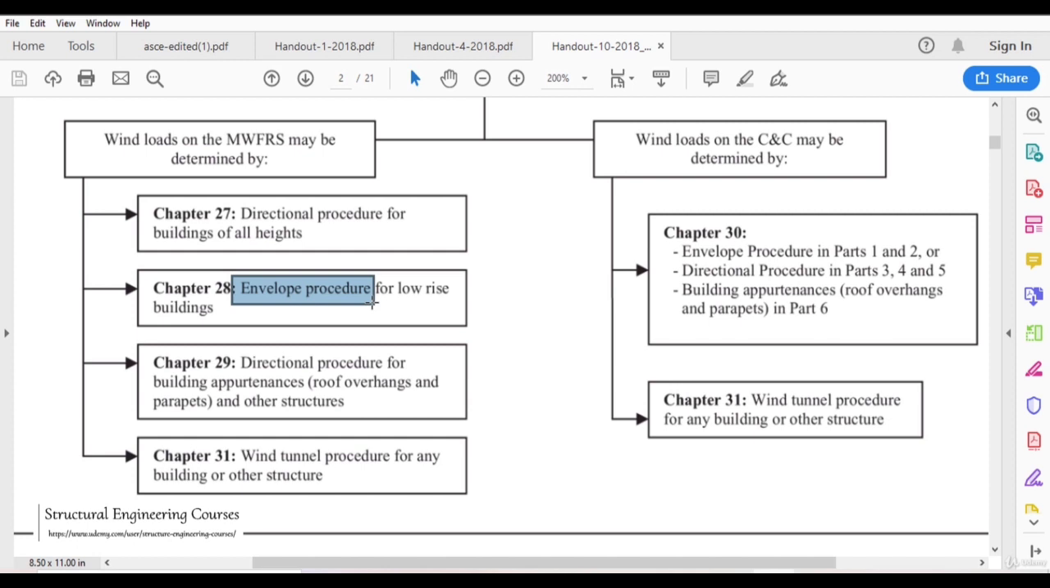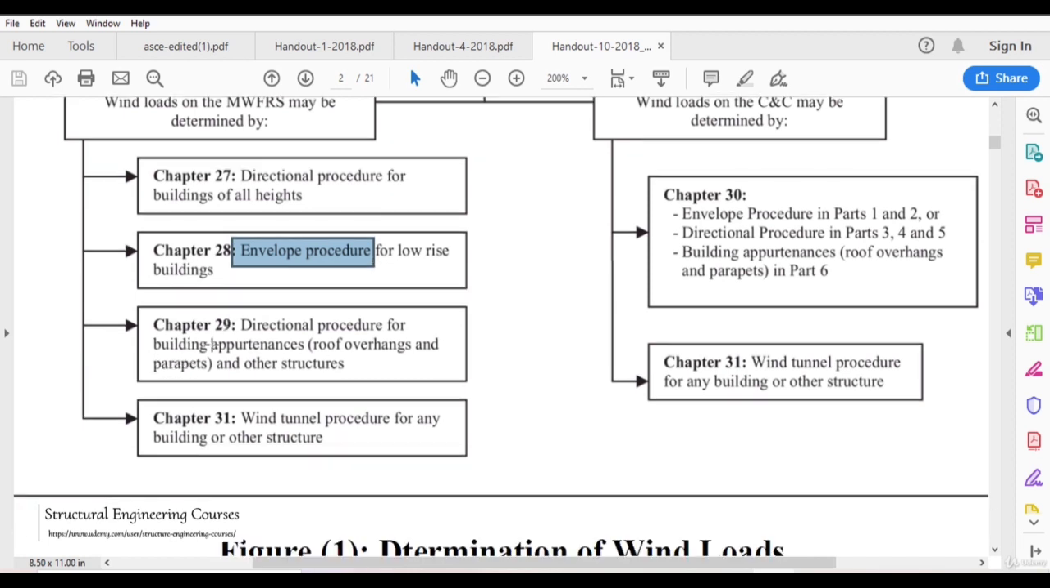Whereas when we are talking about the envelope procedure, it only gives us one coefficient. So it is not dependent on which side or which direction the wind load is being applied on the structure. There is one uniform coefficient given for the envelope procedure. Chapter 29 deals with building appendages, for example roof overhangs or parapets and other structures. And chapter 31 deals with